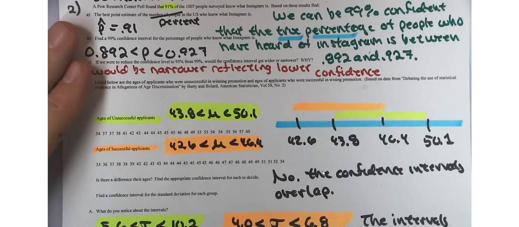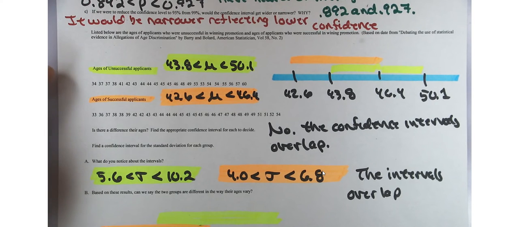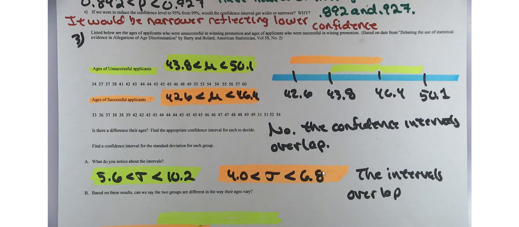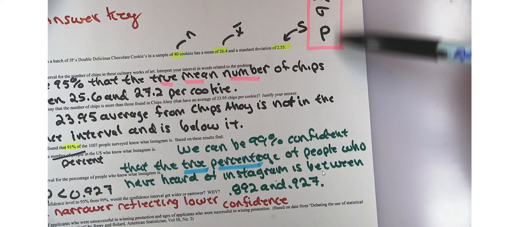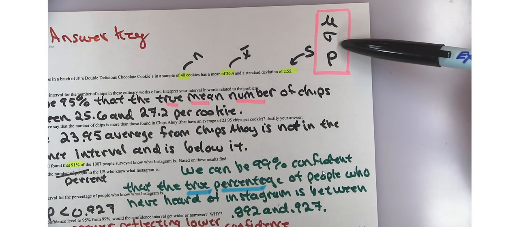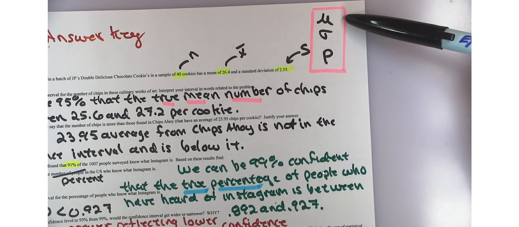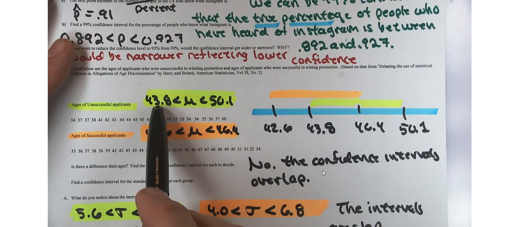Last but not least, we had two data sets here, and you're asked again to try and find some confidence intervals. The first one was the age of unsuccessful applicants. The second one was the age of successful applicants. And we compared them on two bases. The first one was their average age. So is there a difference in their ages? Well, that difference in their ages wouldn't reflect anything about variability. It's not reflecting something about proportion. So even though it's not said directly, you're kind of left with the conclusion that you have to be talking about the mean. And we can come up with a confidence interval for the population mean is somewhere between here